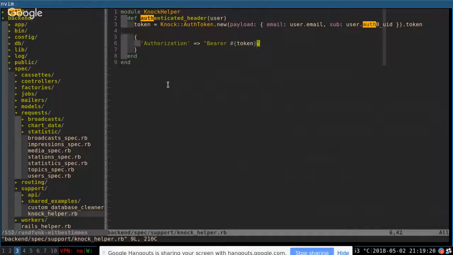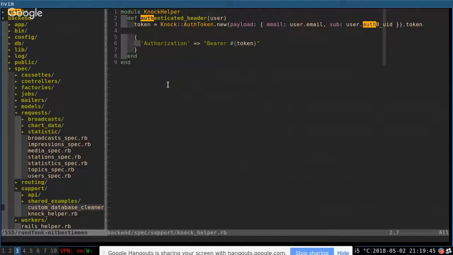And then it decrypts it and puts it in here. So it simulates as if a user was authenticated by auth0 and sends this token in the request header. This is all you need. You have this hash with some kind of random token, you put it in the headers, and then you're authenticated for the remaining test. That's how you can do it.